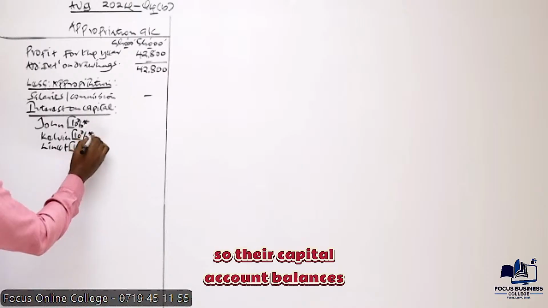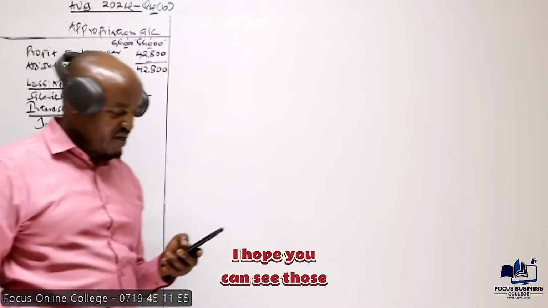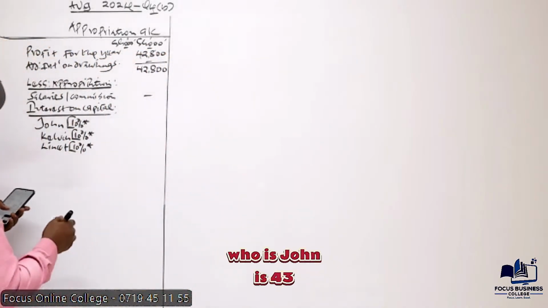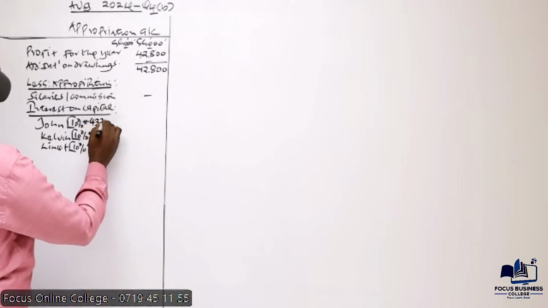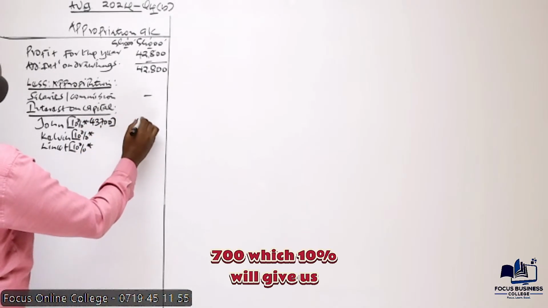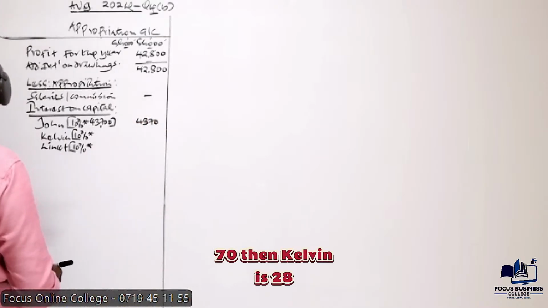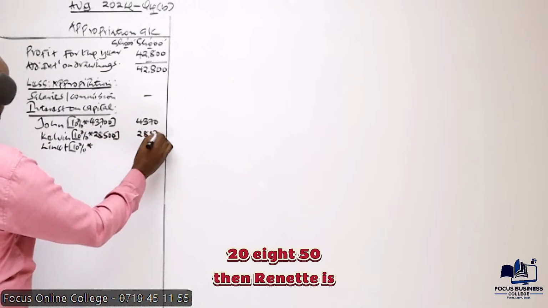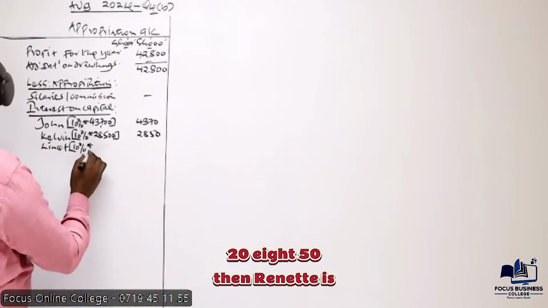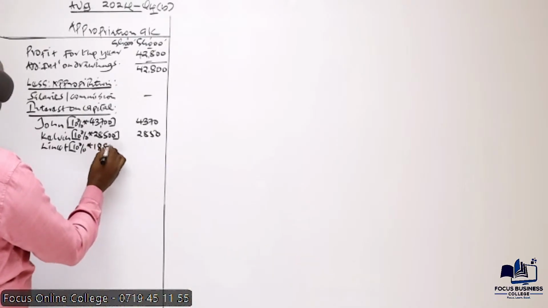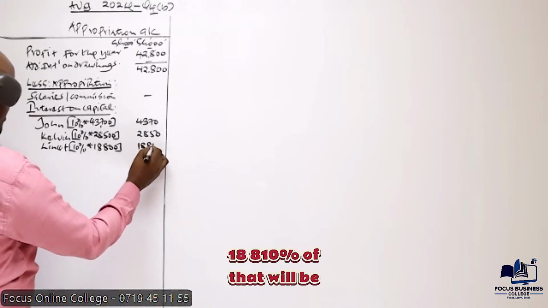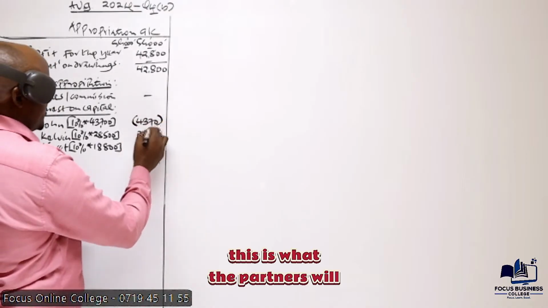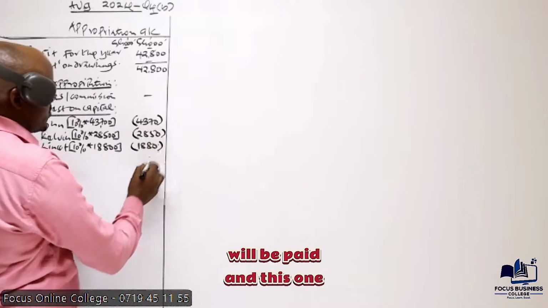Their capital account balances are something we are given in the trial balance. The capital account balance for the first partner, John, is 43,700, and 10% of that gives us 4,370. Then Kelvin is 28,500; 10% of that will be 2,850. Then Renette is 18,800; 10% of that will be 1,880. So remember, this is what the partners will be entitled to, and this has to be paid